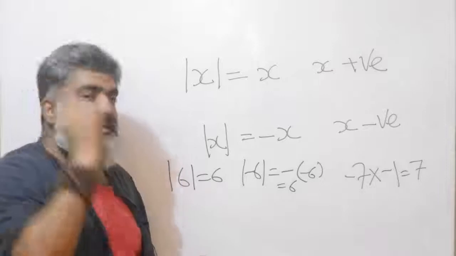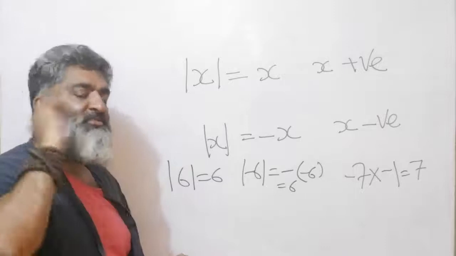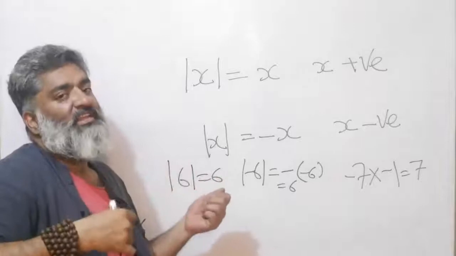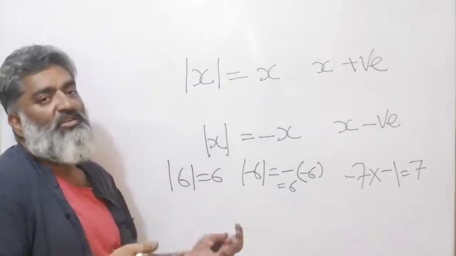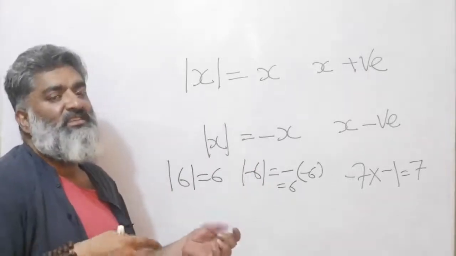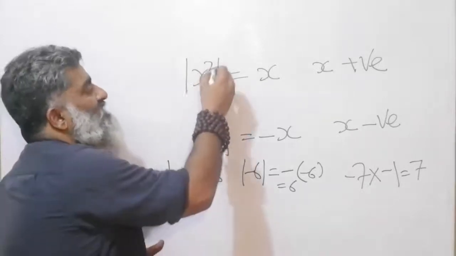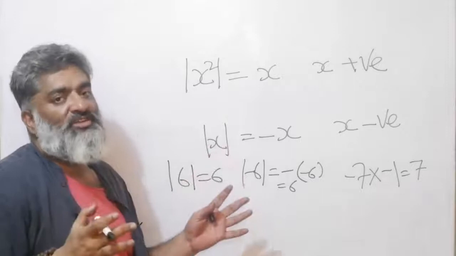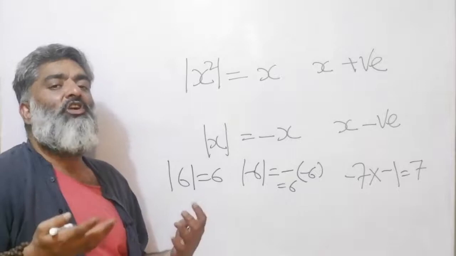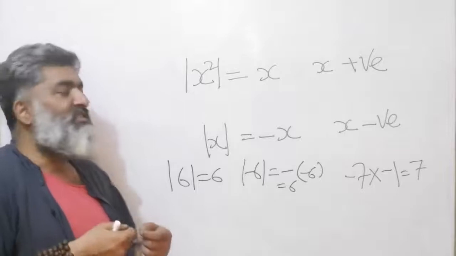So this is like holding your left ear by your right hand, and not from the front but from the back. It may feel like that in the beginning, but if you want to teach a computer the function, this is how you'll finally have to go about it, right? And yes, in numbers it is very easy, just convert the number to the positive, and the idea is clear. But soon we will put an x square inside, or an equation inside, or a quadratic equation inside, and then just thinking in terms of converting it into positive will not work, because we will not know whether x is positive or negative till we do some further analysis with the information, right?